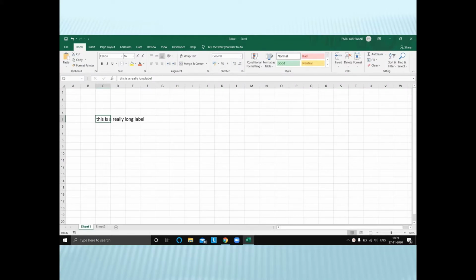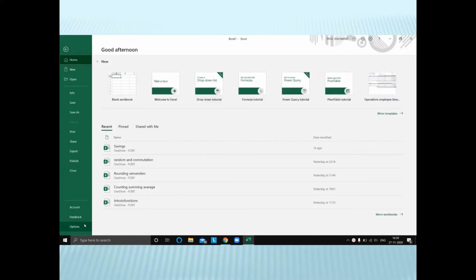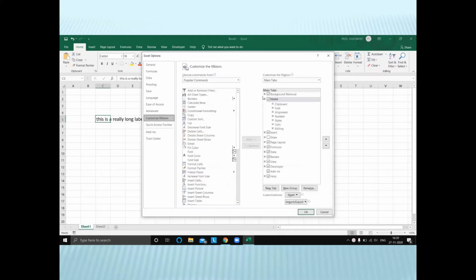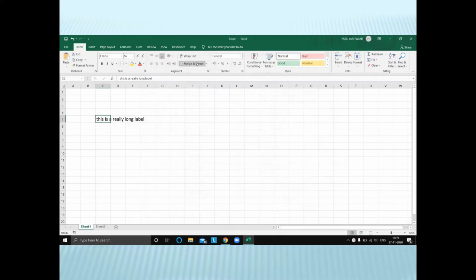Hello, in this video we are going to see how to use macros and record macros. Firstly, if you want to put macros in your workbook, you are going to need the developer tab. To insert it, you can go up here to File, click on Options, click Customize Ribbon, then select the Developer tab and click OK. You can see the developer tab will appear here in the tab box.